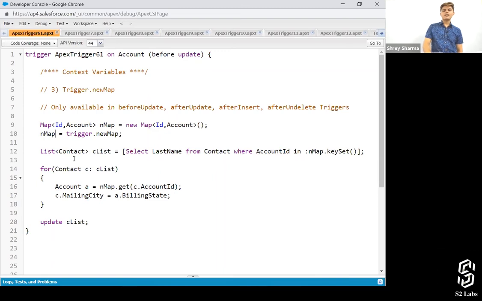And then I'm getting the contacts for all of the accounts which we are trying to update over here, and on these contacts we are setting something.